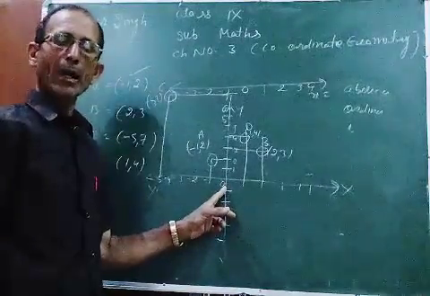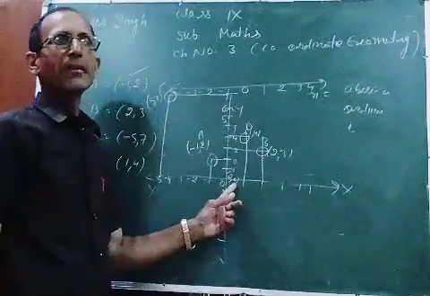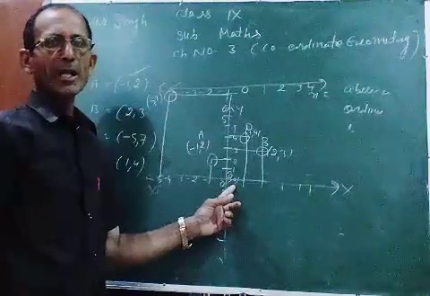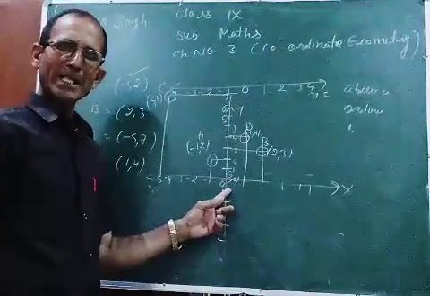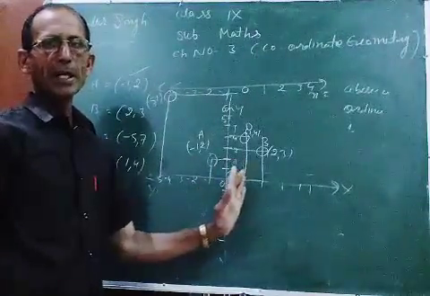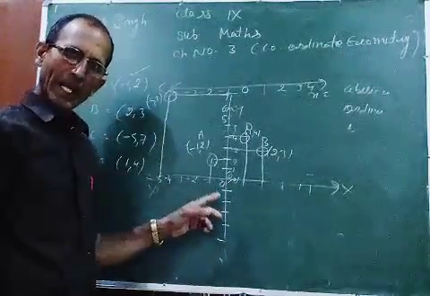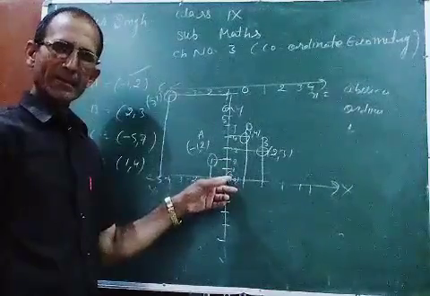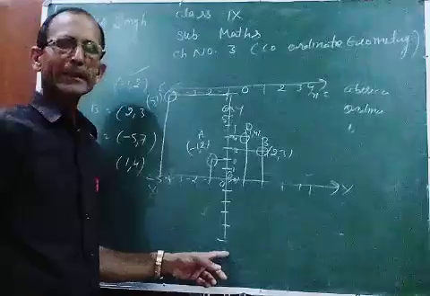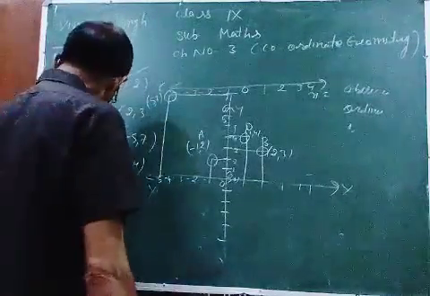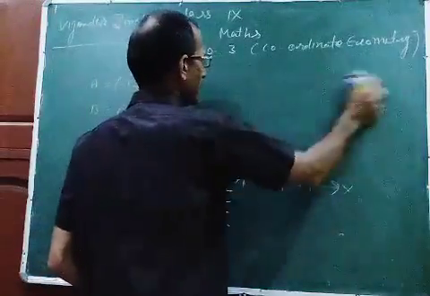The value at the origin will be (0, 0). It means x is also 0 and y is also 0. Is this also clear? The values of the coordinates at the origin will be (0, 0). Left side of the origin on the x-axis will be negative value, and upward on the y-axis will be taken positive value, and downward of the origin will be taken negative value. Now I will tell you some questions related to the coordinates.